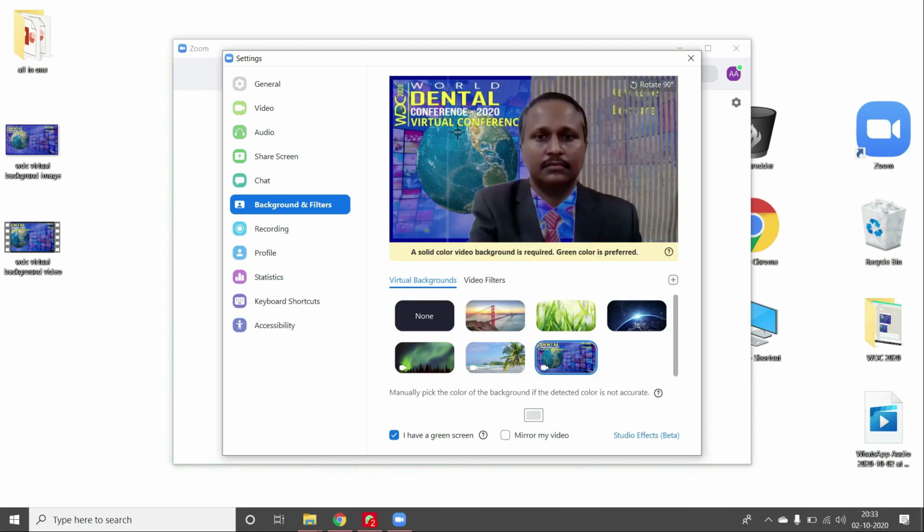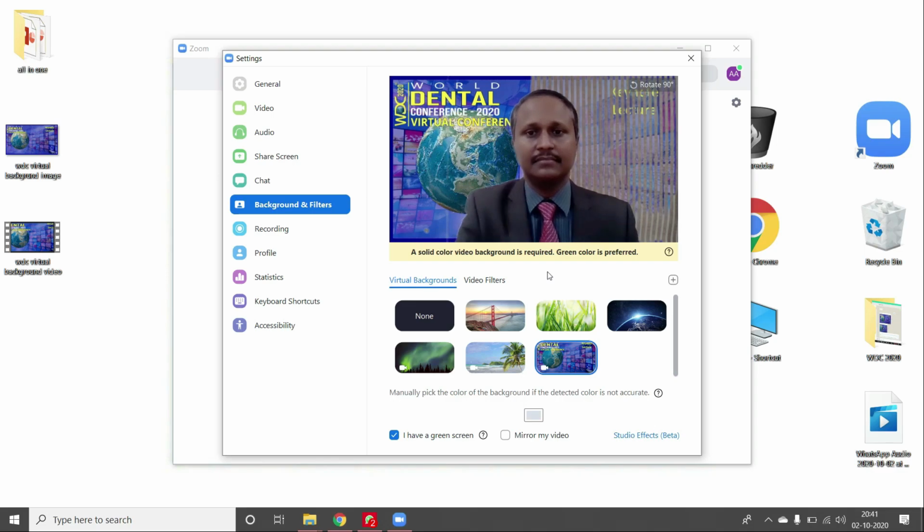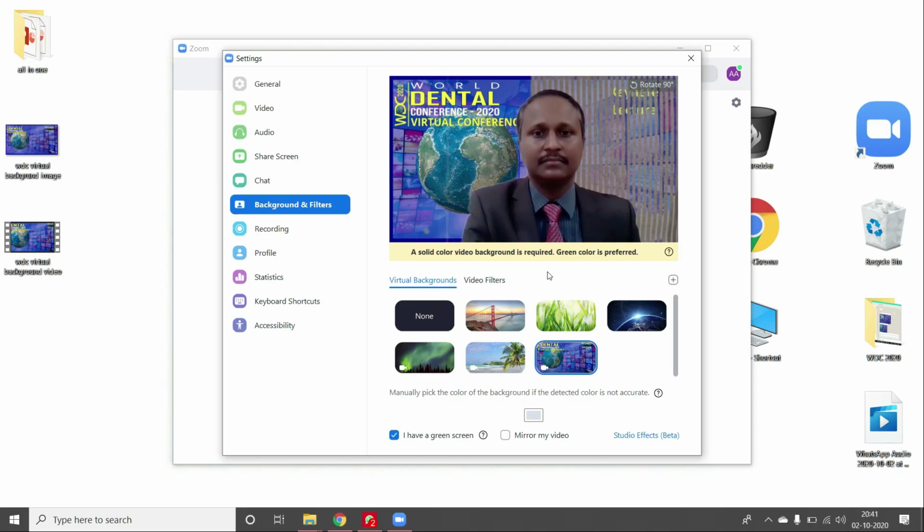As you can see, the virtual background video is not coming properly in the place of the door behind me. You can notice that only my face is visible over the virtual background because my dress color and background color are the same. So in order to get the full view, we need to wear a dress in a contrasting color to the background or the wall behind you.